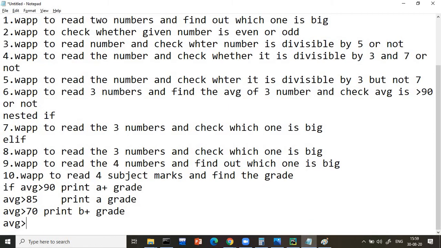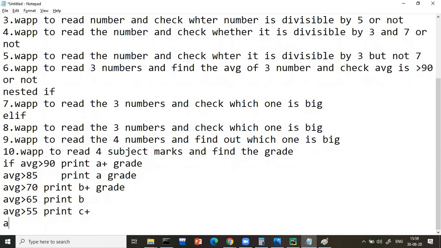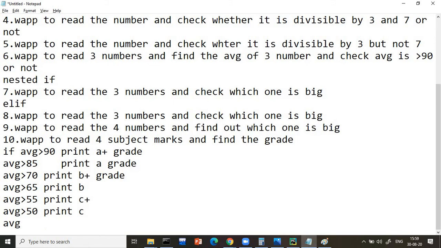Average greater than 65, print B. Then average greater than 55, print C plus grade. Average greater than 50, print C grade. Average greater than or equal to 35, nothing but the last stage, print just pass.